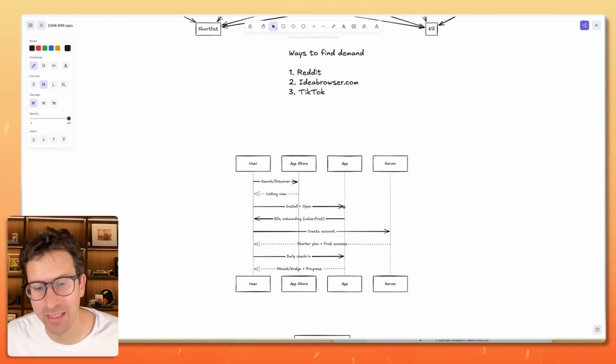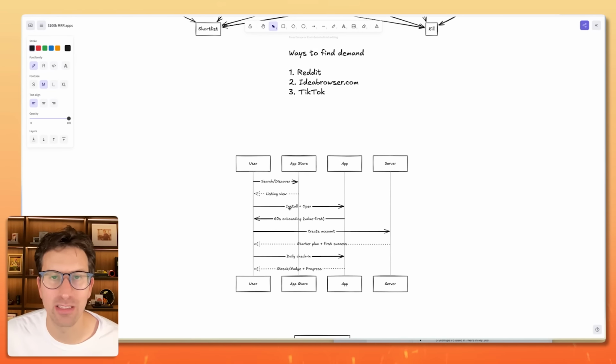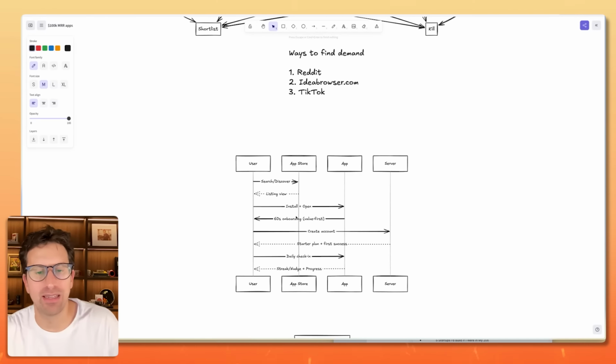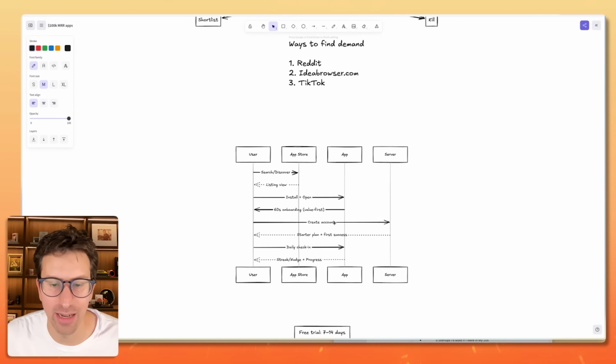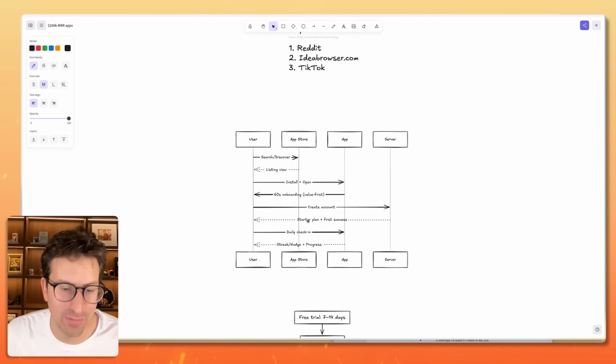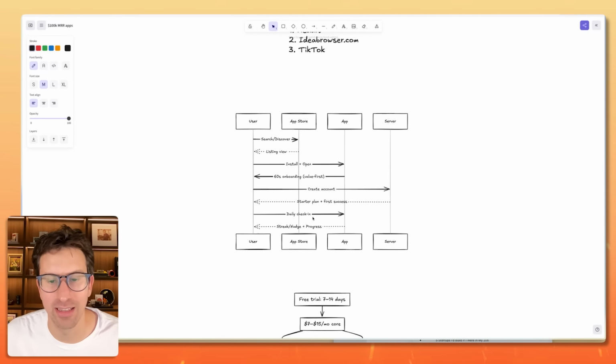So people are going to download it, they're going to open it, and then you basically have a maximum of 60 seconds in onboarding. And it's important to create value first. When you look at some of these apps that have a lot of virality to them, they basically have a very short value-first mentality for developing that. And then you're going to create an account. They'll have a starter plan for success, and then you create a daily check-in, and then you can create some sort of streak or nudge and progress within the